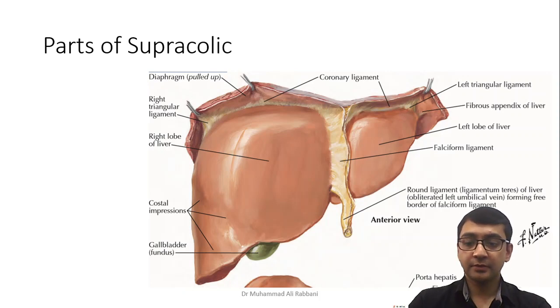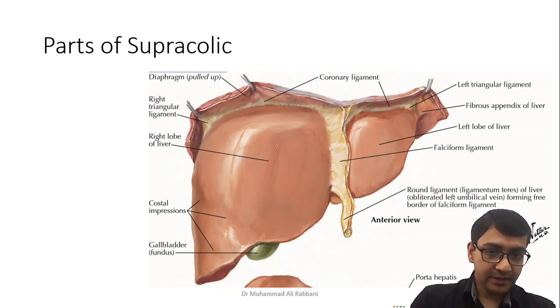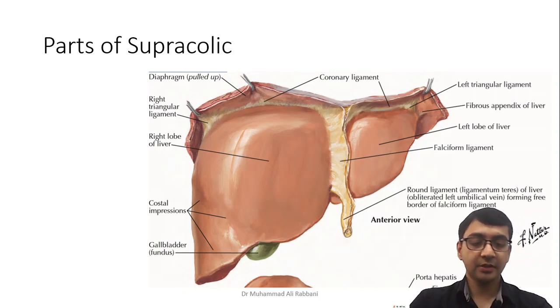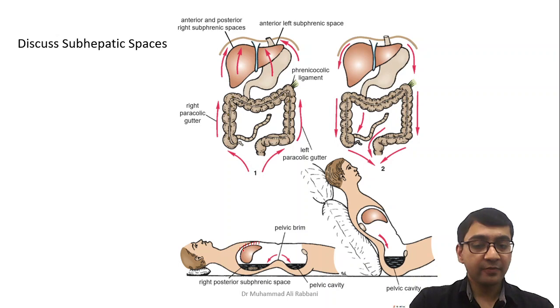So what are the spaces? In front of the liver there are spaces between the liver and the diaphragm. The space that is anterior to the liver and behind the diaphragm, we have removed the diaphragm in this particular picture. Let me move on to this particular slide. Here, the space that is anterior to the liver and behind the diaphragm is known as the subphrenic space, because in a person that is lying, it is beneath the diaphragm or phrenic, a subdiaphragmatic space. And the space that is behind the liver is known as the subhepatic space.